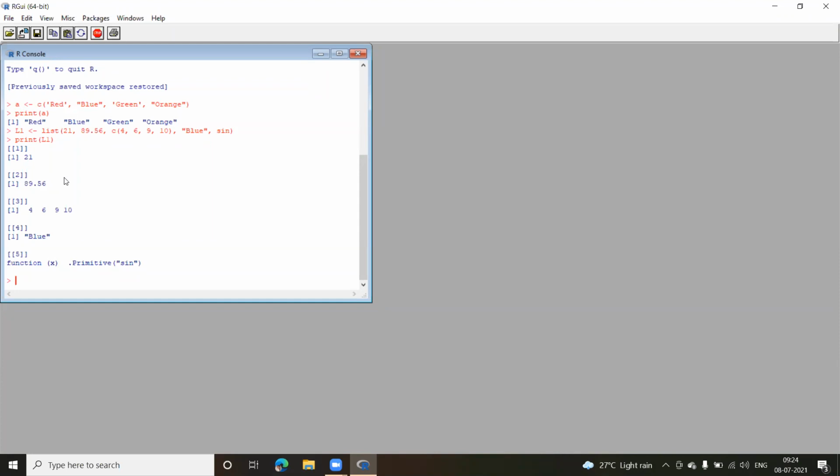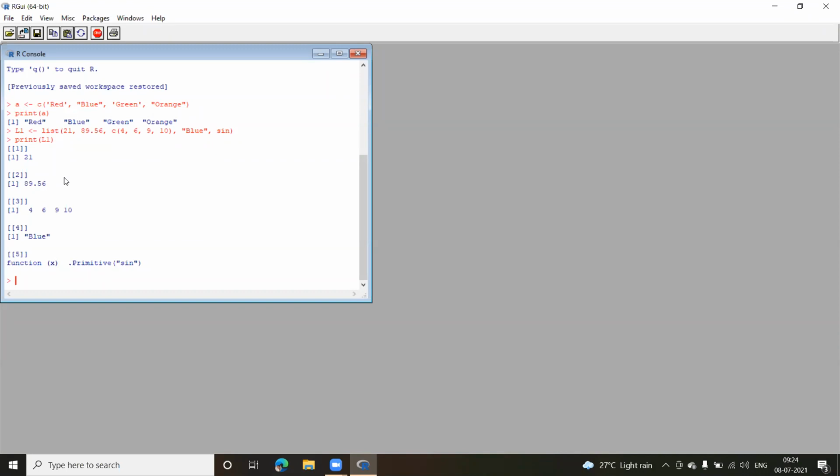Now we are going to see all these types later on in depth. There are multiple functions available in list and in your vector, and how to extract individual elements, all that we are going to see later on. Right now, I'm just showing you how to create all these types of objects which we have. Now the third type of object which is available is your matrix, or matrices you can say.